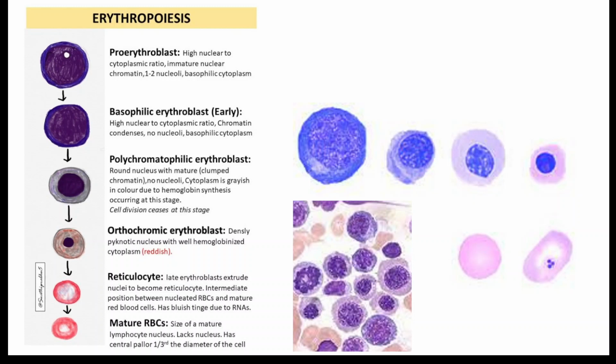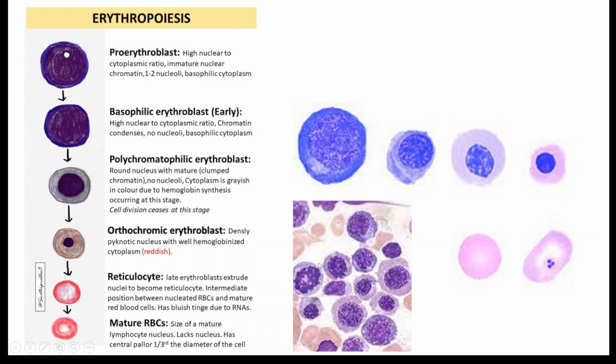A unique condition, that is B12 and folate deficiency, there is an asynchrony between the maturation of the cytoplasm and the shrinking of the nucleus. So you would find series of cells where the hemoglobinization has occurred completely, but the nucleus size is not proportionately low. So this is nuclear cytoplasmic asynchrony. When the nuclear cytoplasmic asynchrony occurs, think in terms of megaloblastic anemia.